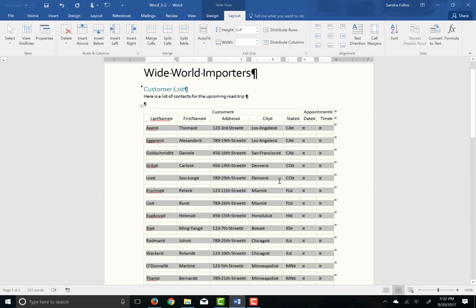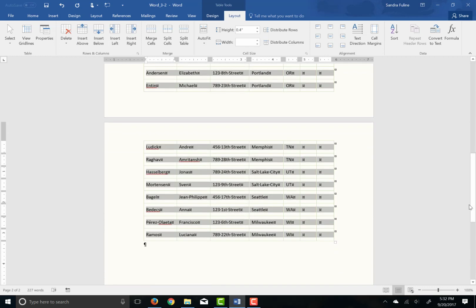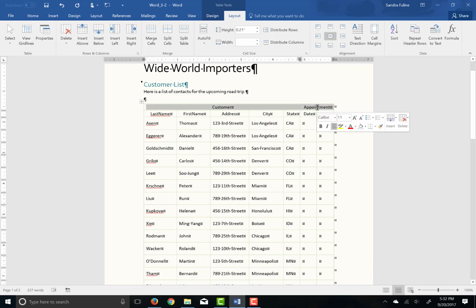Once you have this at 0.4 and it's aligned left centered, then you're going to scroll to page 2 of the document, which now contains several rows of the table because we widened that row height. And what you're going to do then is configure the table to repeat the customer appointment header row at the top of the second page. So what you're doing is you're looking for this row that's up here to be at the top of the second page. So all you're going to do is just hit Control C,